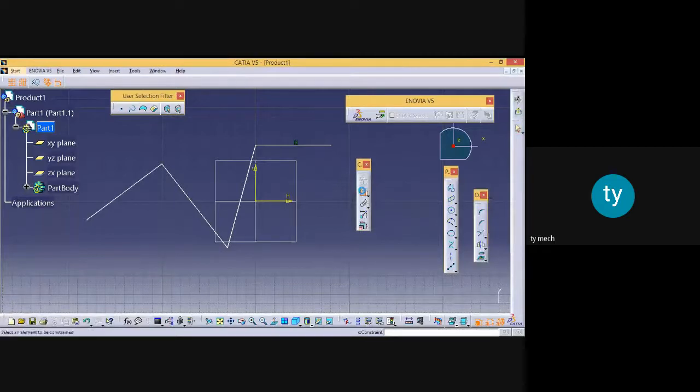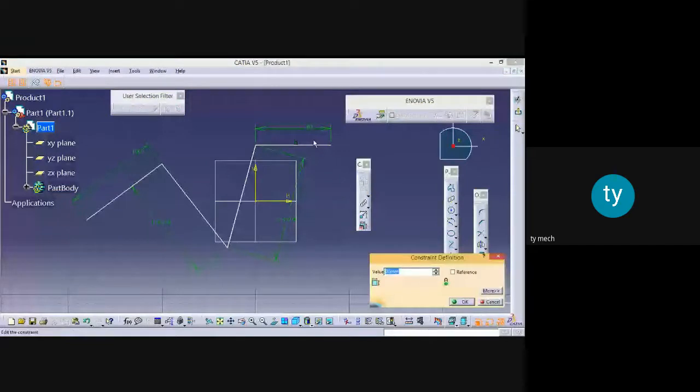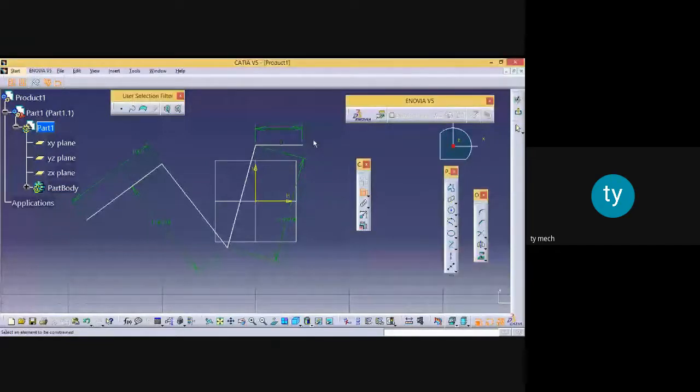Just click on this and just keep on giving dimensions like this. So this value is 100 mm. Select on constraint or double click on the constraint, and then you can give the dimensions. So this is I think 114 mm, then this is 80 mm. Now if you want to change the dimensions, double click on this line, 80 double click, and suppose you want to make it 50, type here 50, click on enter. So this will become 50.